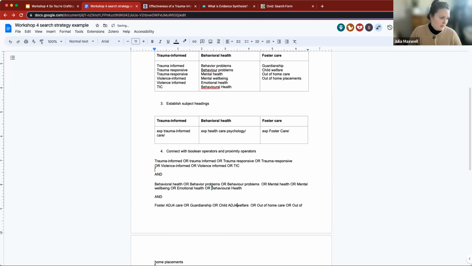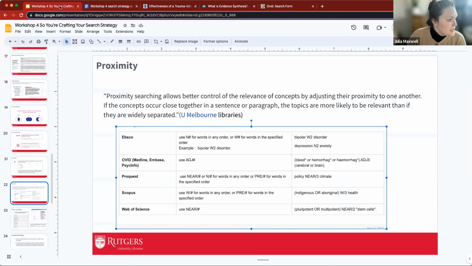And then again, I need to find the word child within 4 words of the word welfare. But we could add many more, right? We could add like 1 in each of these. We could add some in behavioral health. If I were writing a strategy for someone's review, I probably would do that. If we go back to our examples here,